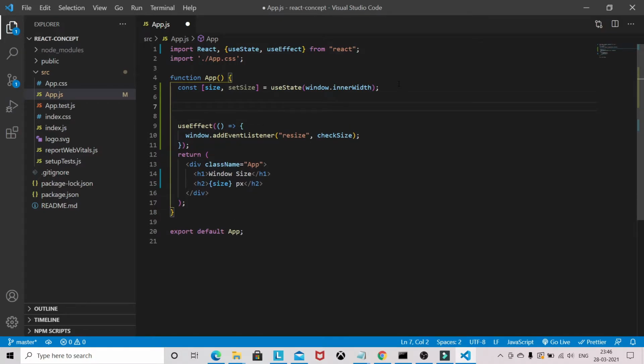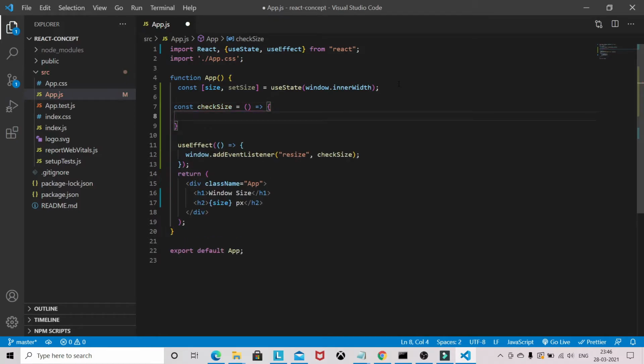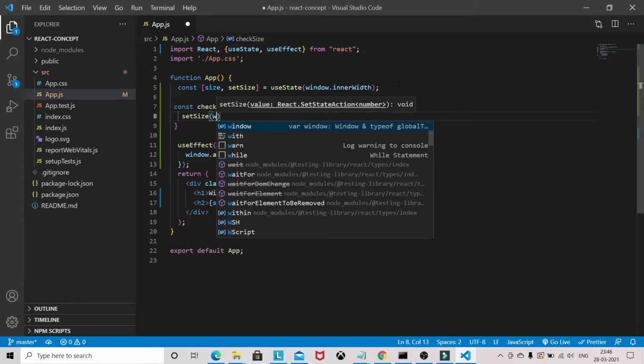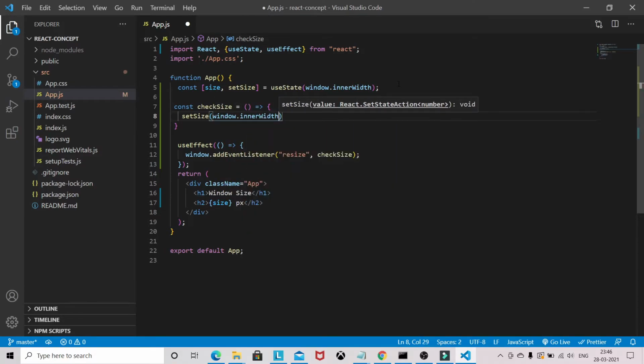This callback function will be hit whenever we are changing the size of the window. So const checkSize, and we need to set the size. The size will be window.innerWidth.